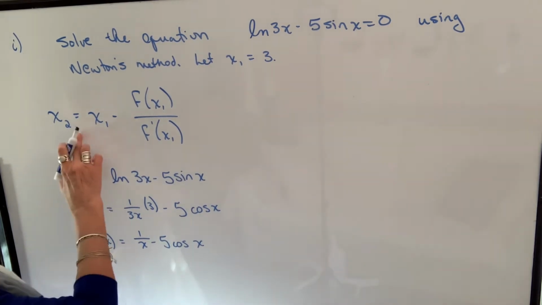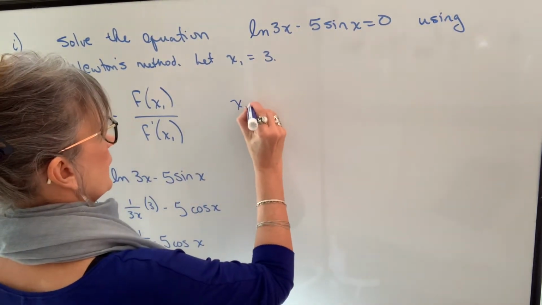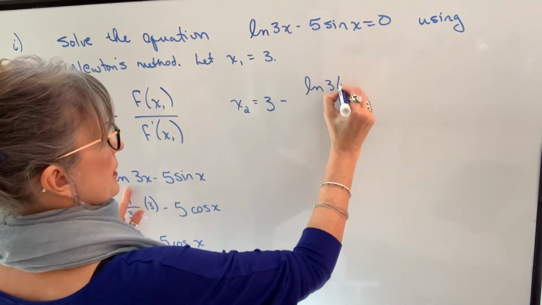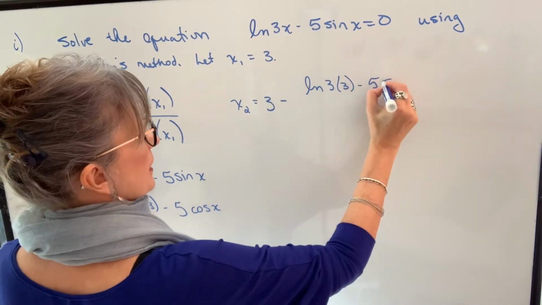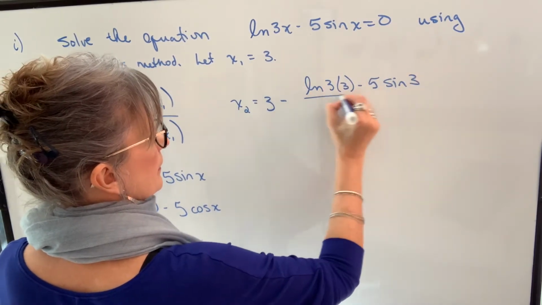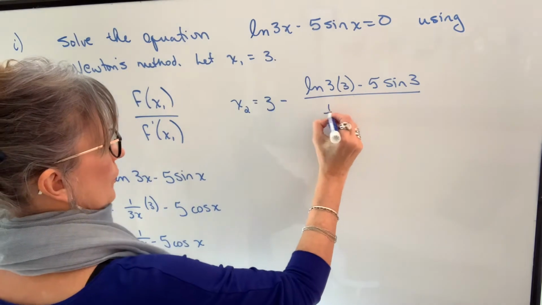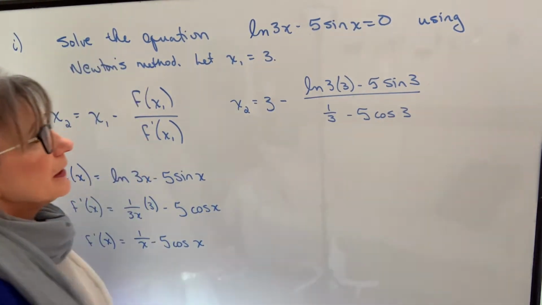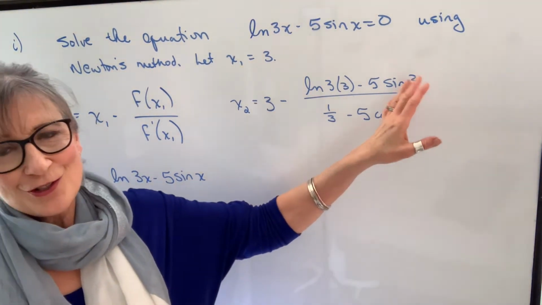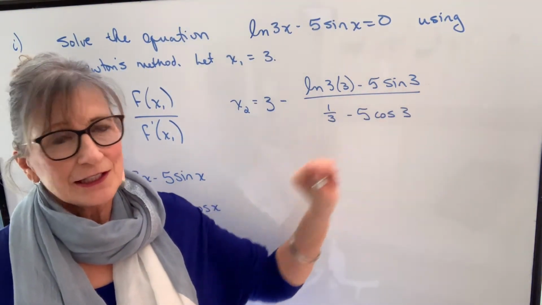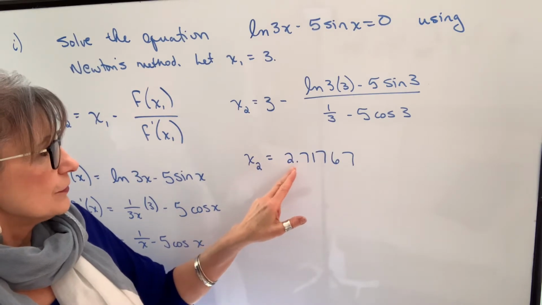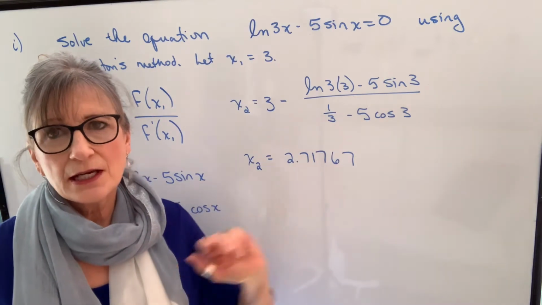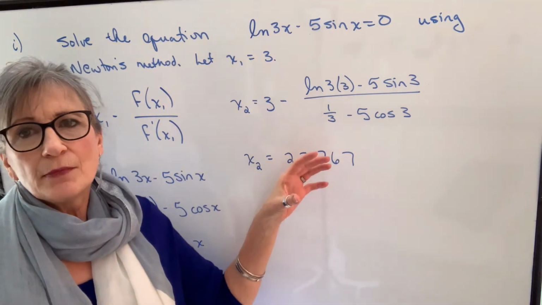So now we're going to find x2. So it will be 3 minus the natural log of 3 times 3 minus 5 times the sine of 3 divided by 1 over 3 minus 5 times the cos of 3. Make sure your calculator's in radian mode before you start plugging any of these values in. I found x2 to be 2.71767, and the number went on past that, but I'm going to find my root